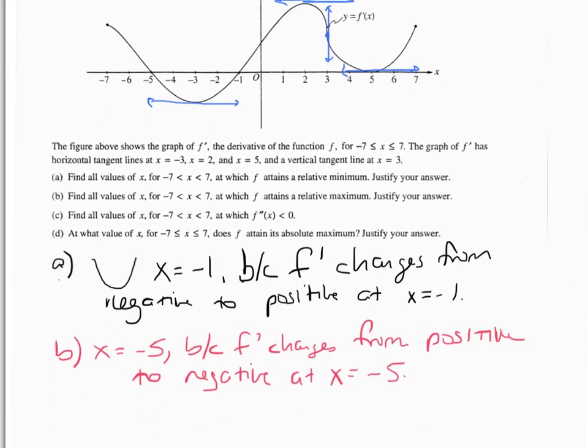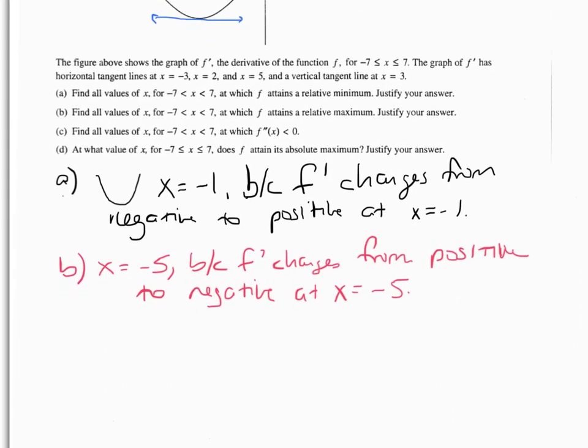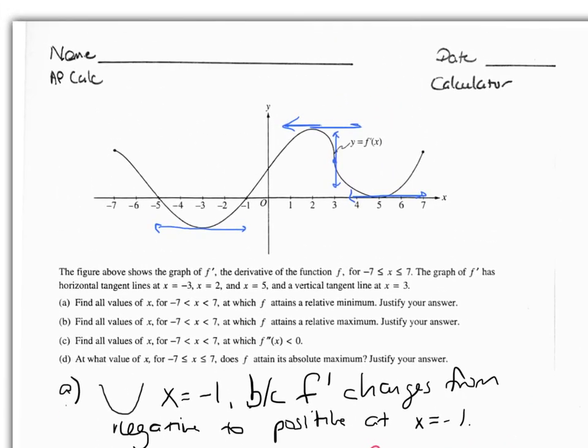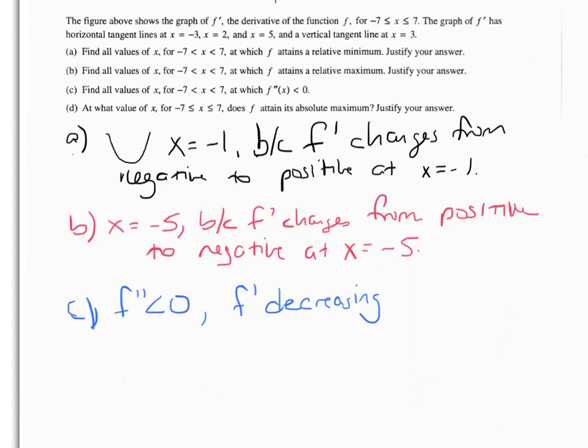Okay, now we're ready for part C. We want to find all the values at which the second derivative is negative. So what does that mean for our second derivative to be negative? That means that our first derivative must be decreasing. So where is our first derivative decreasing? Well, it looks like we're decreasing from -7 until -3. So let's write down that interval, -7